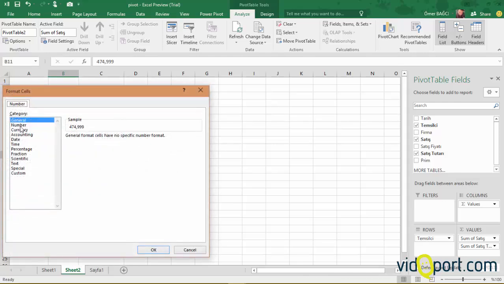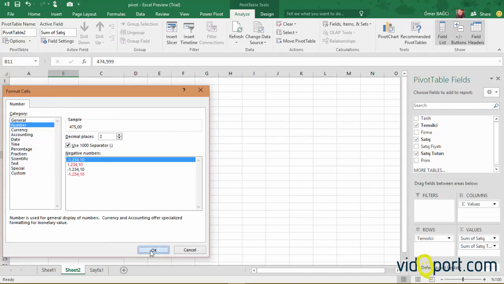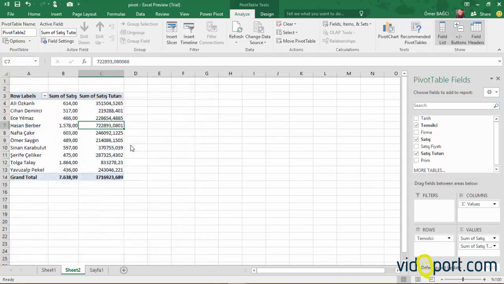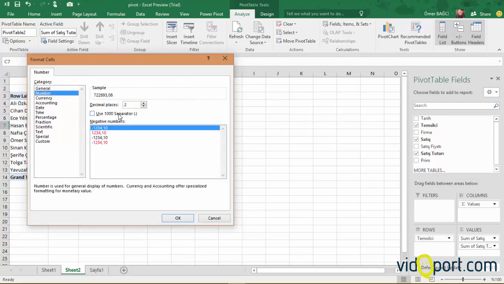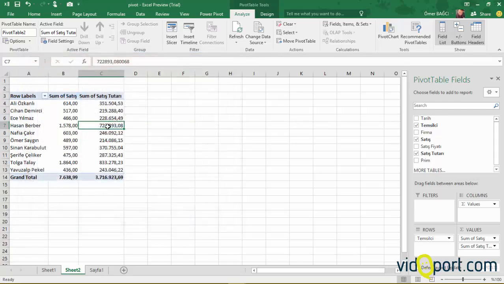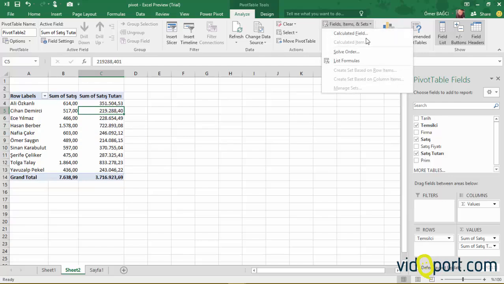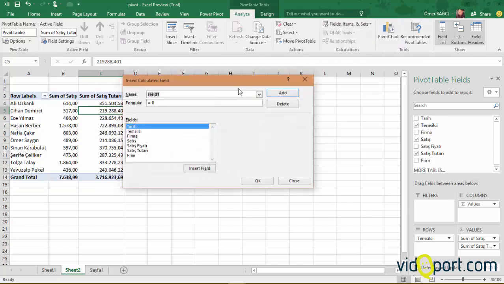Let's select number from the right-click number format again and separate it from the 1,000 digits. Let's do the same with the totals. Let's separate it from the thousands place. Now from here, if the sales quantity is over 800, it should receive a premium of up to 5% of the amount. In other words, if a person sells more than 800 products, she should receive a bonus of 5% of the amount sold. To do this, let's click inside the table and select the calculated field from Fields, Items and Sets